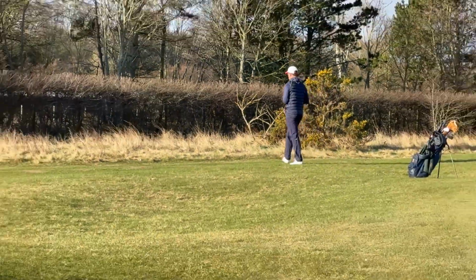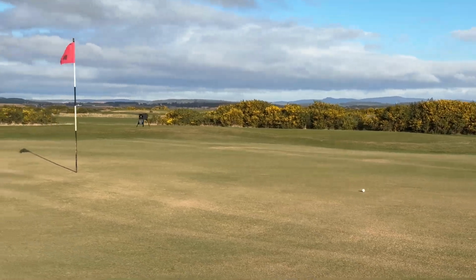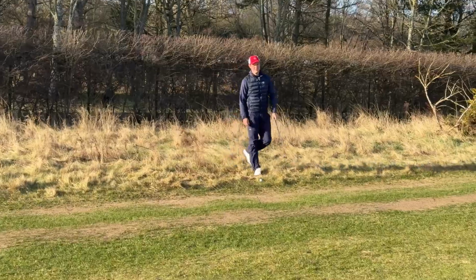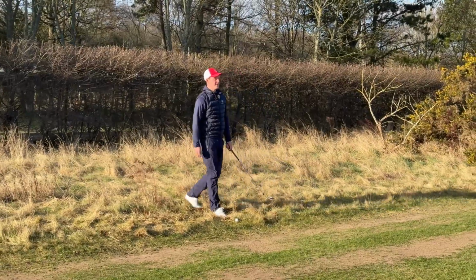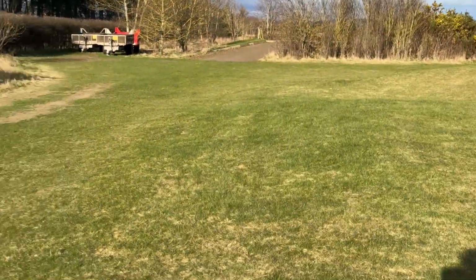Doesn't look the nicest shot, but at least we have it. You know what? Mine actually is a bit closer than I thought it was. Just needed a tiny bit more. This is in a really bad spot. I feel like I didn't even hit that bad a tee shot and it just ended up over here. It'll have just landed on this slope and then just...